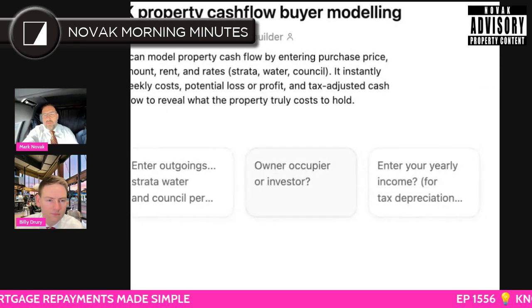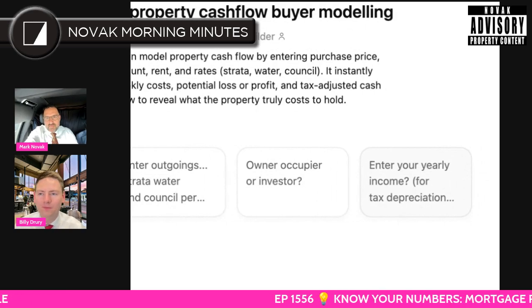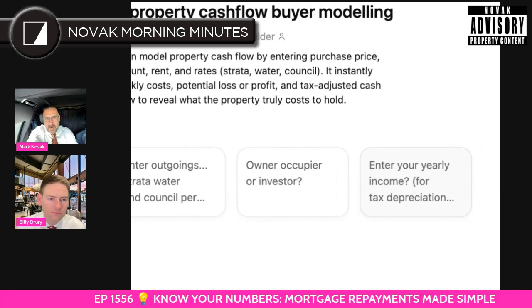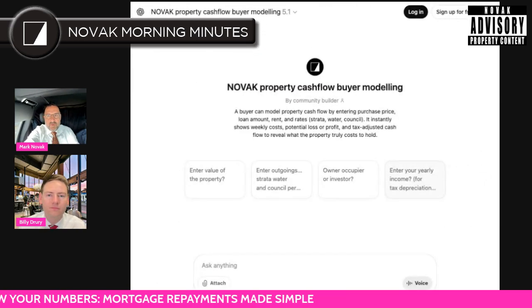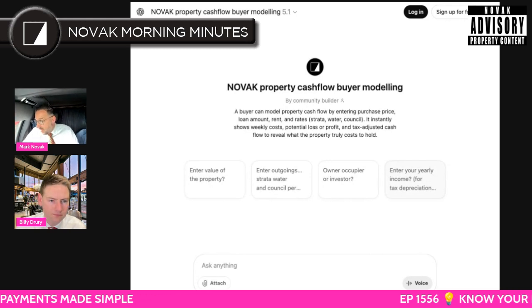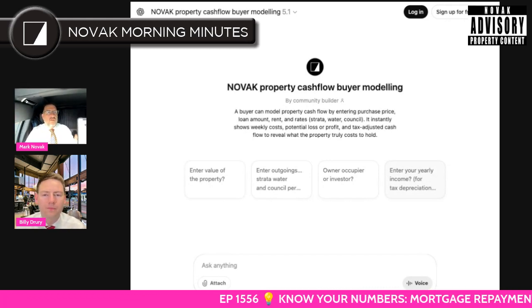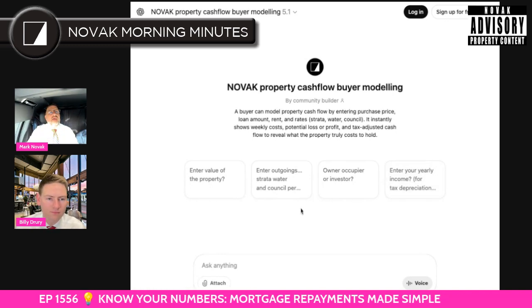Now, the hard thing about people working out their cash flow is they don't know what basic numbers they just need to put in. So that sort of gives you a bit of a hold on it there. Some of the basic things that you can actually enter to be a little bit of a hero. They're those boxes there.